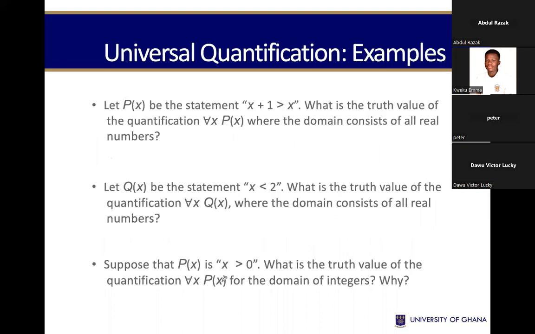Okay, so still with the universal quantification, let's look at some examples before we come to existential. Now, this first example is: let P of X be the statement X plus 1 is greater than X. What is the truth value of the quantification for all X, P of X, where the domain consists of all real numbers? For real numbers, we need to know that we are looking at the union of rational numbers and irrational